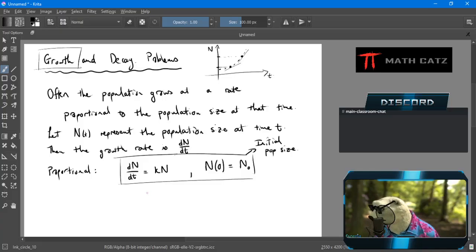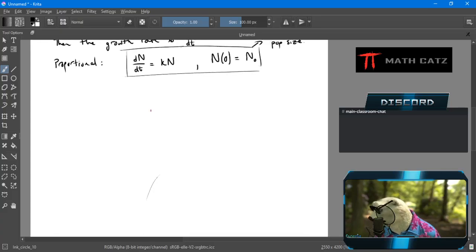So I'm going to solve this in general first to see what it looks like. Now we'll redo that over and over for each question to practice, but let's do it in general first. So solving this